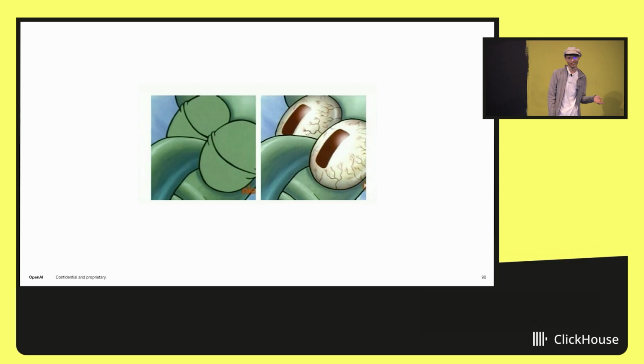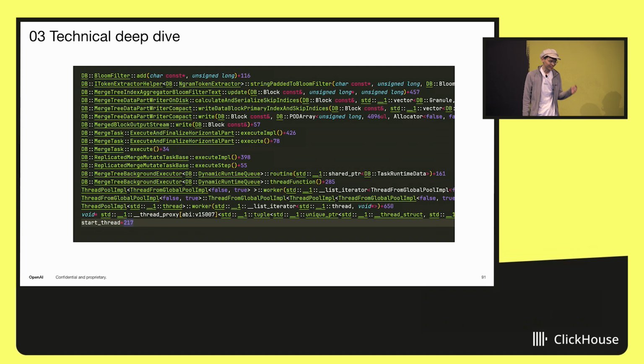So if a user says, find me all the log lines for this request, ClickHouse can skip scanning entire blocks of data if the Bloom filter says this request ID definitely isn't in these blocks. Well, you probably see where I'm going with this. When we got the profile, one stack trace showed up at the top. ClickHouse is spending more than 50% of its time building Bloom filters, and we were very curious. So we very much wanted to go and take a look.